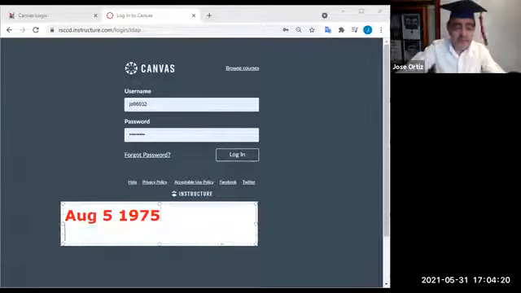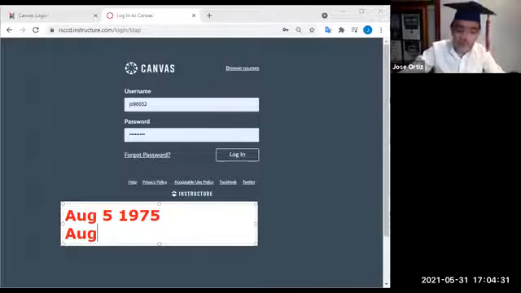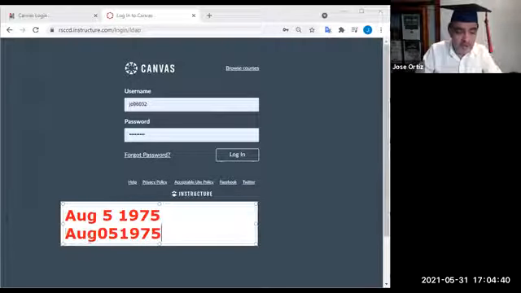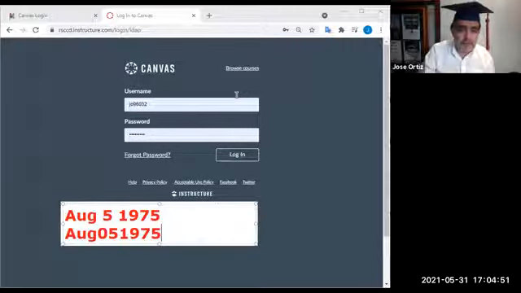Your password would be exactly the first 3 letters of the month you were born; the first letter is capitalized, the second and third are not. Then the 2-digit number of your day of birth, and then the 4-digit year of your birth, 1975. So that would be your password: capital A, u, g, 05 1975. That is the password that you would enter here.